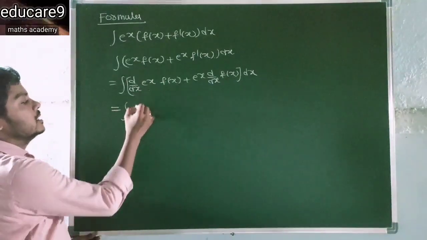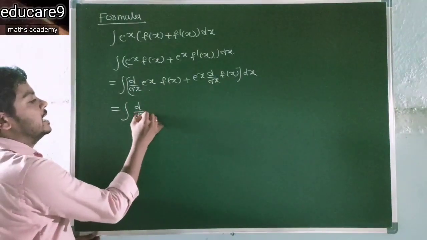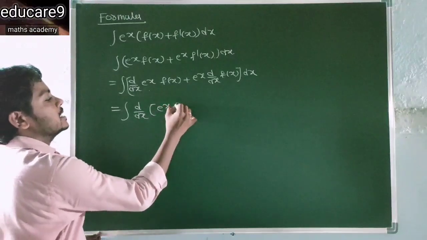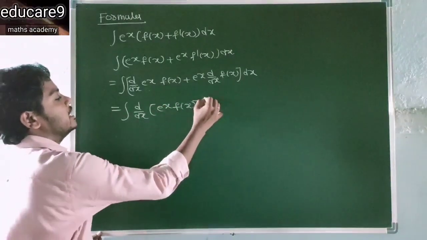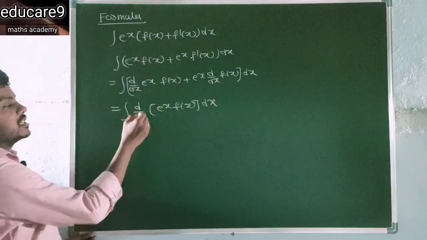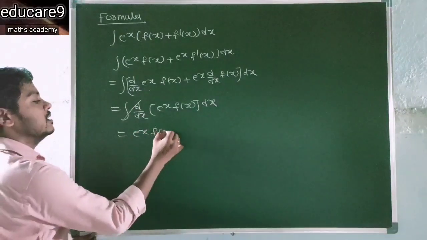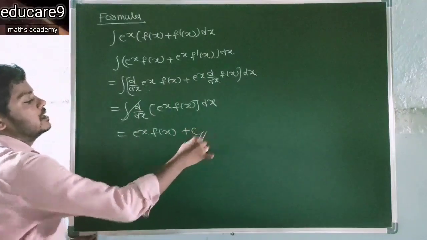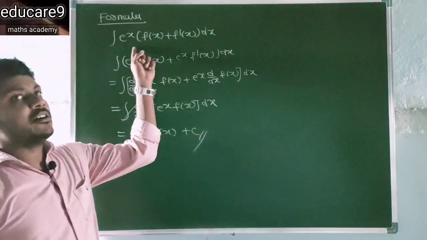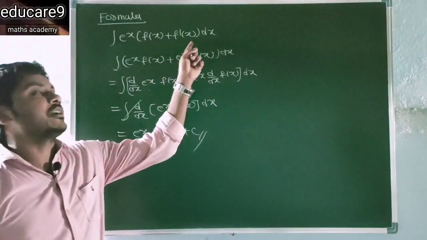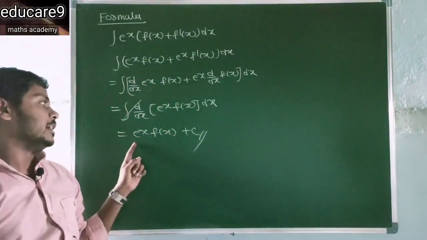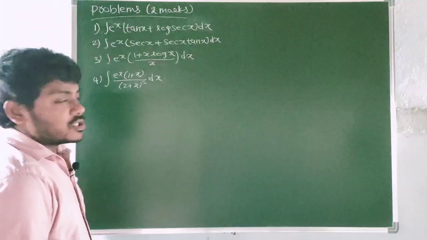So how to write this? Integration of d by dx of e power x f of x dx. So clearly differentiation and integration get cancelled. You will get e power x f of x plus c. So therefore the formula for integration of e power x into f of x plus f dash x dx is e power x f of x plus c. So see the first one,